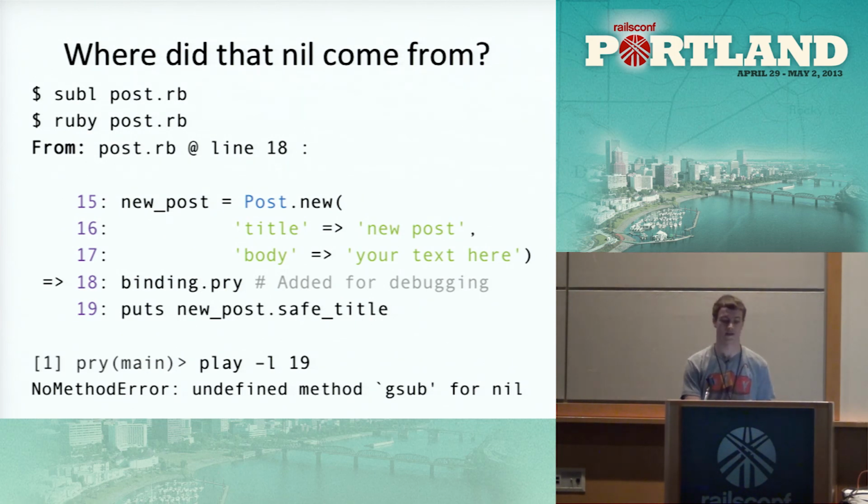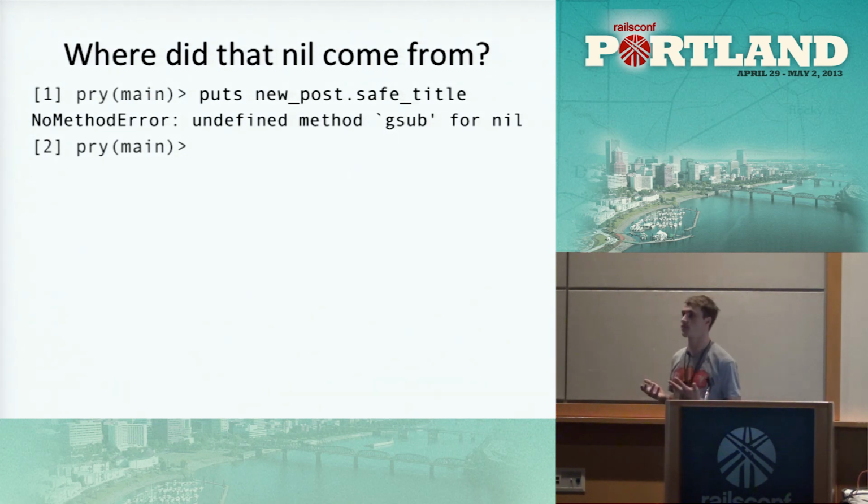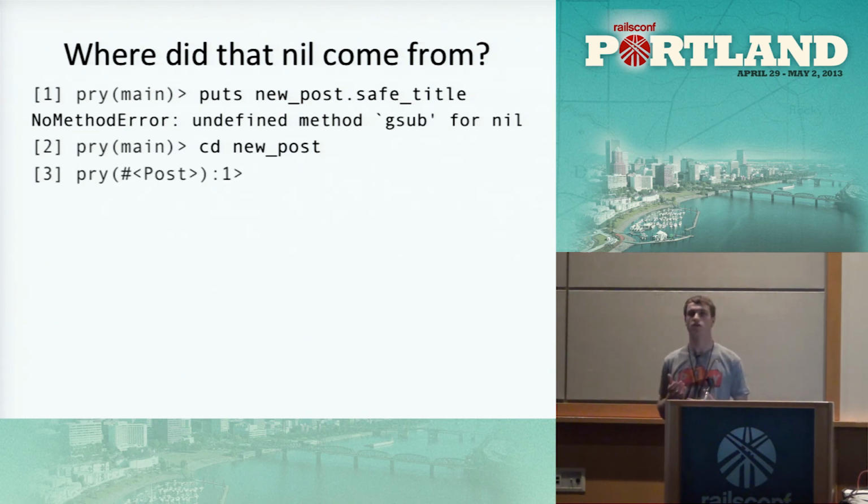So what are we going to do about this? The problem is probably in this new post object. And so let's cd into it and have a look. In bash, cd changes directories. In Pry, cd changes the value of self. And when I hit return, you can see that the prompt is now telling me I'm in an instance of